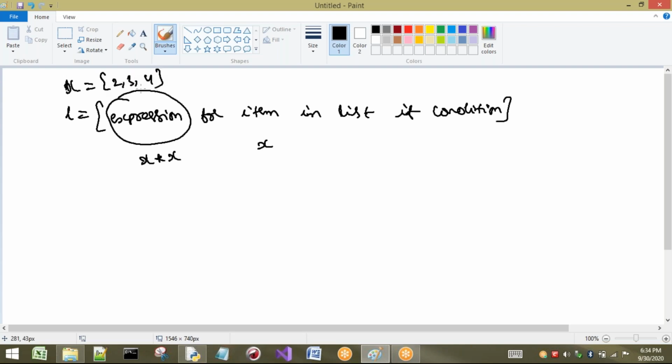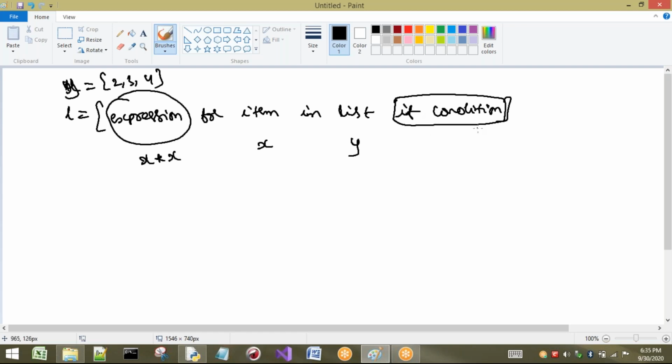Already I have taken x, so let us take the list name as y. If I need some condition, I will write the if condition; otherwise, if there is no requirement, I will not write it.